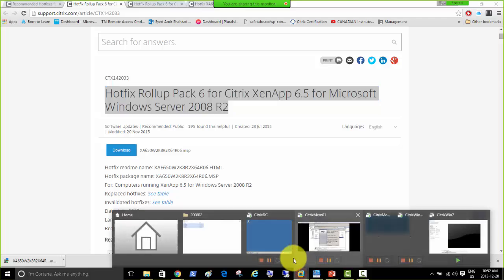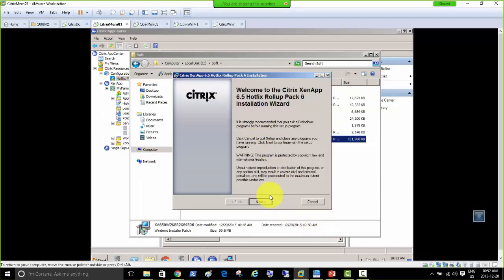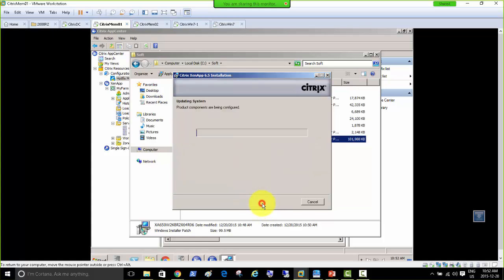So this is the rollup pack 6 for Citrix environment. I would not want to damage my environment, but here goes nothing. Oh, okay, the product components are being configured. While this is going on, we should keep an eye on this. But when we do it, we get to know a lot, and I hope we don't have to troubleshoot, because